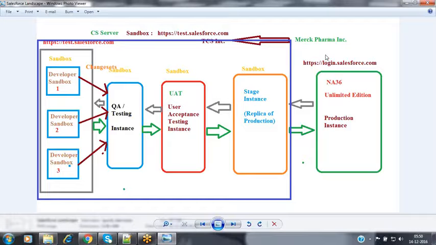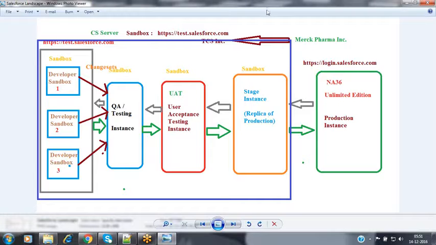They can get the orders from the different distributors also, from the medical shops also. So for that, they would like to develop the application in such a way that it can be accessible through a tab or through a smartphone also. For that, they are using this Salesforce application because Salesforce is purely on-demand, so that they can access the application by using any device whatever they have. So now, based on that application requirement, they have configured this landscape.